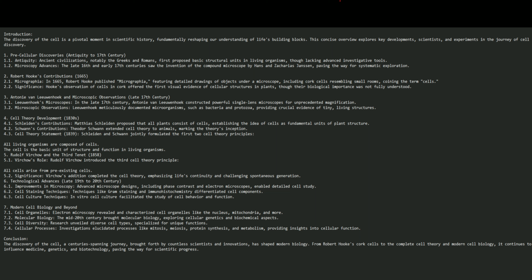Conclusion. The discovery of the cell is a remarkable journey spanning centuries, involving countless scientists and innovations. From the initial observations of cells by Robert Hooke to the formulation of the complete cell theory by Schleiden, Schwann, and Virchow, and the modern advances in cell biology, our understanding of the cell has grown exponentially. Today, cell biology continues to be a dynamic field, exploring the intricacies of cellular life, and its implications extend to various aspects of